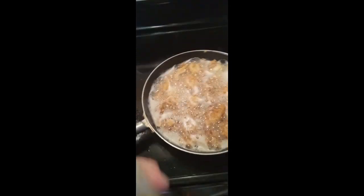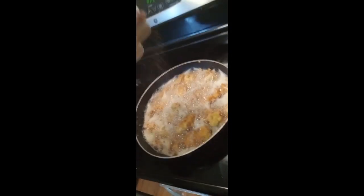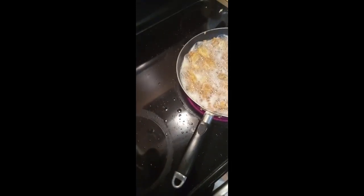Now it's time to add your flavoring. I like to use the old salt and pepper. Go crazy. Fish is always better with some more salt. Death? Yes. Tastes good? Yes. Let's see here. Any spices? Maybe just use a little bit of garlic, but you don't have to if you don't want to. I don't think I'm gonna use garlic, but you can. It adds like a